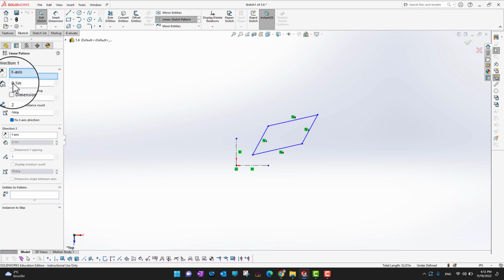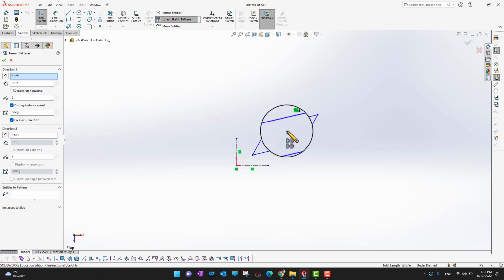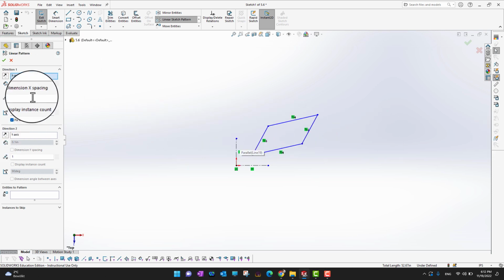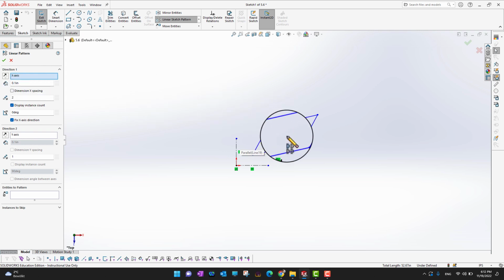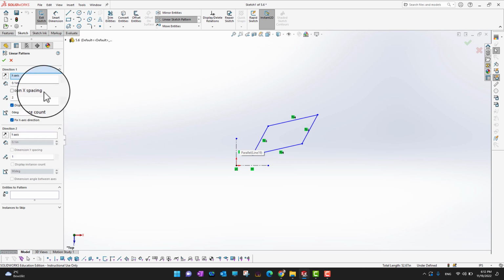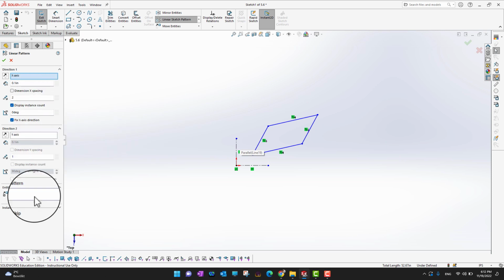Okay, so the first thing is in which direction you want to go. If I want to go in the X direction, it's going to be the horizontal direction, and you can change the direction to positive X or negative X. Another option is how much distance you want between the entities, from this entity to the next entity. We are going to check this one by one, but the main thing is